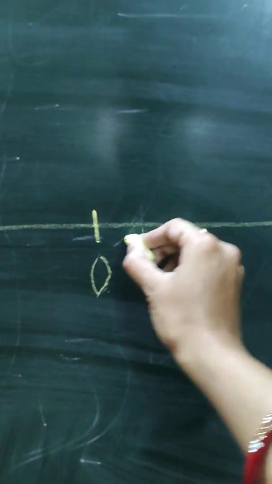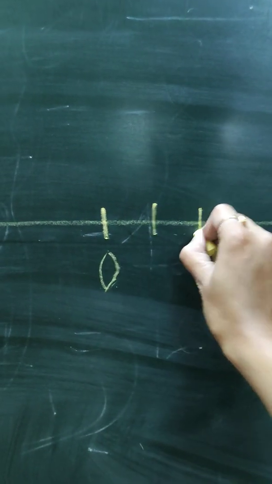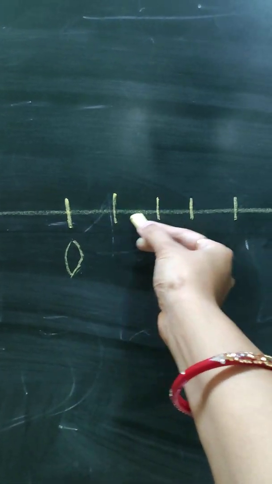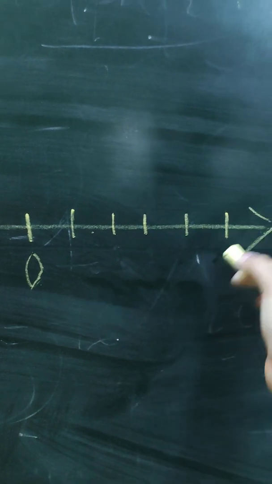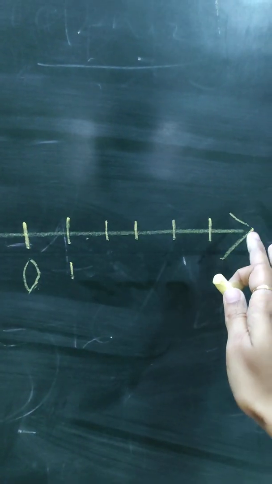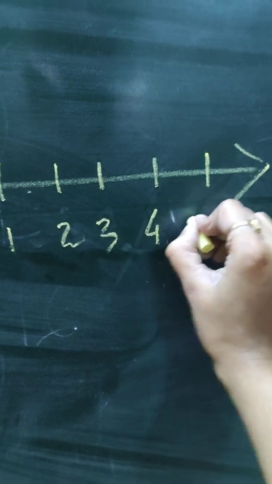Then equally divide the line space or the line distance into equal parts. No matter whether 4 divisions or 5, the distance should always be, try to ensure that it is always the same or equal. If not exactly equal, at par. Always remember that the right side of the 0 comprises all the positive integers. So I will just write 1, 2, 3, 4, 5.